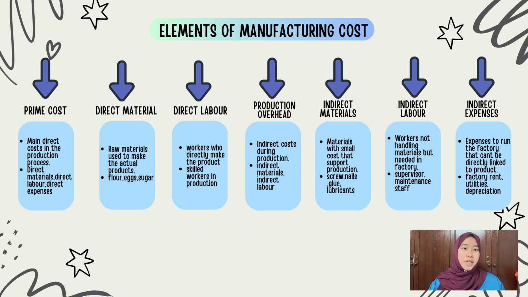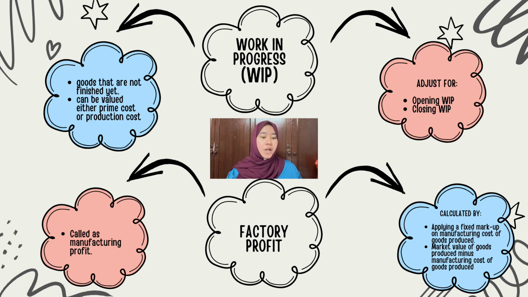And the last one, we have indirect expenses. These are expenses to run the factory that cannot be directly linked to the product, such as factory rent, utilities, and also depreciation. Next, we have work in progress, also known as WIP. What is WIP? It is goods that are not finished yet, maybe half finished or partially finished. It can be valued at either prime cost or production cost, and you can adjust for opening WIP and also